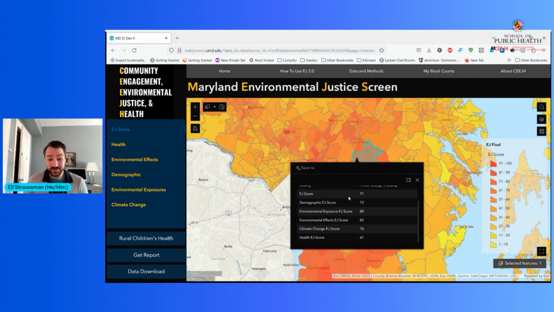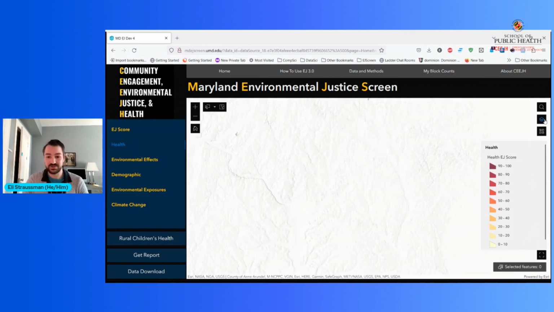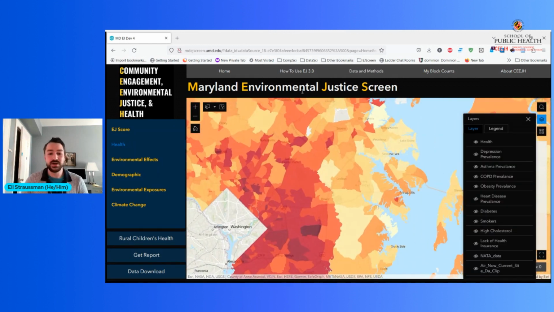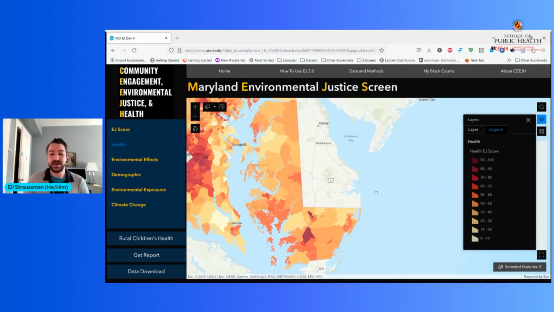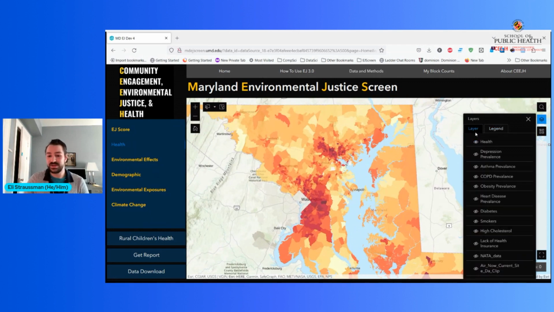And then if you need to get more information, you can go into the individual bins. Now, they all follow the same general idea. The scores are in percentiles,